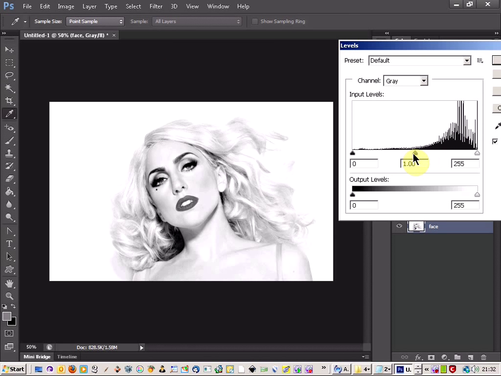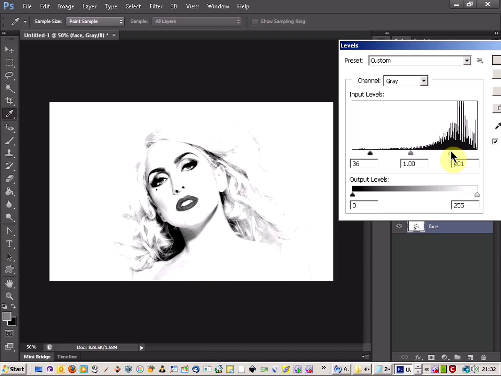Come up, Image, Adjustments, change the levels, and this time again you want to make sure you get a contrast between the light and the dark of our body. Now you need to make sure as well that the eyes are lightened up as well as the lips, because we're going to be using those later on. So pull and push just a bit around until you catch a nice